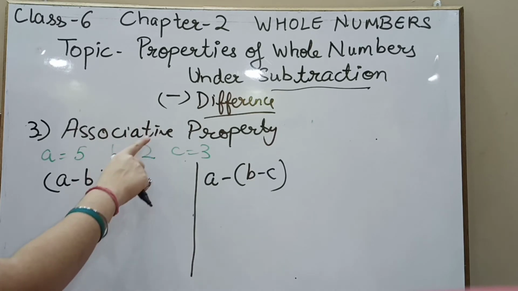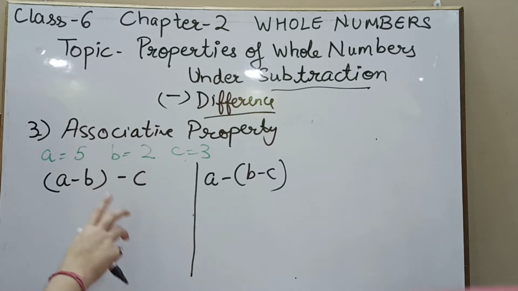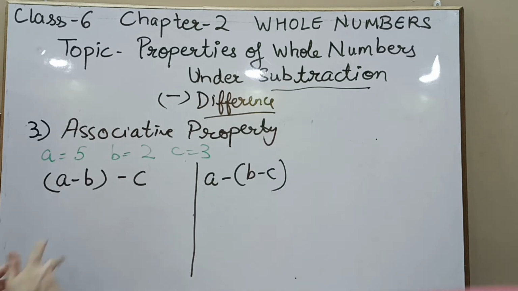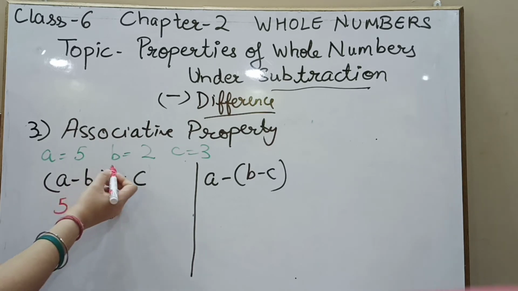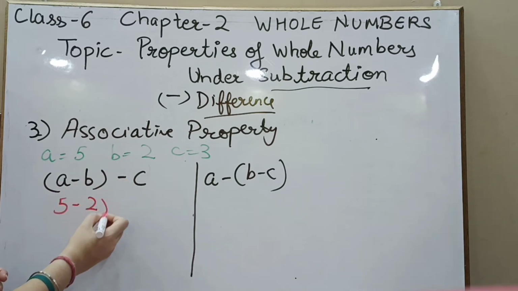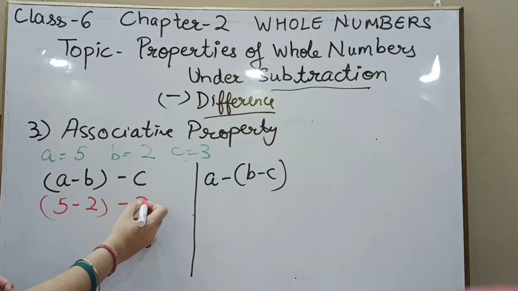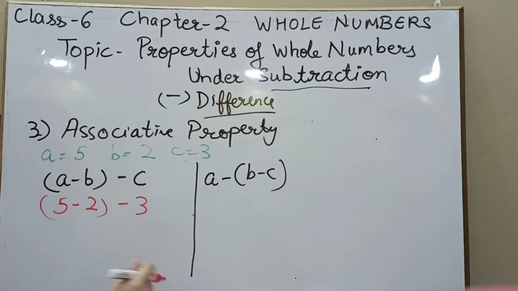अगर ये true होती तो इसकी statement क्या होती? अभी हम true वाली statement बोल रहे हैं और फिर हम check करेंगे कि true hold कर रही है कि नहीं. If it would have been true, the statement says the difference of 3 whole numbers remains the same even if you have grouped or associated different numbers together. Let's check it out. A की जगह पे हम लिखेंगे 5, B की जगह पे -2, C की जगह पे -3. Let's get this answer.